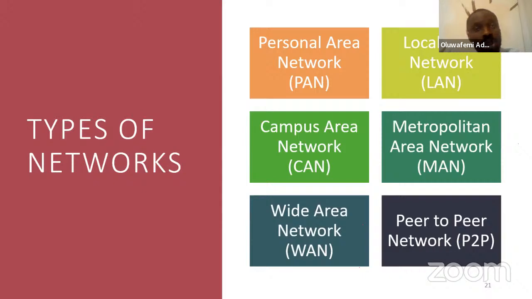While a wide area network is when you have a branch here and you have another branch in another environment entirely, right? You have a branch in Nigeria, you have another branch in Ghana, West Africa, and you have another branch even all the way in the UK, Europe. Do you understand? So that's a wide area network. They are complex as they become wider, they become more complex.